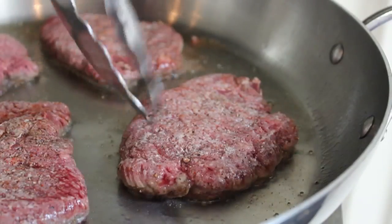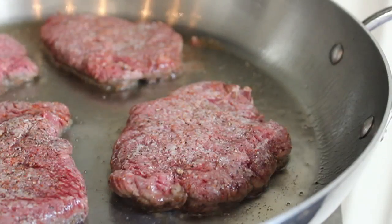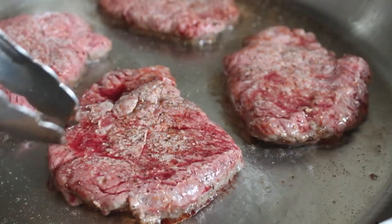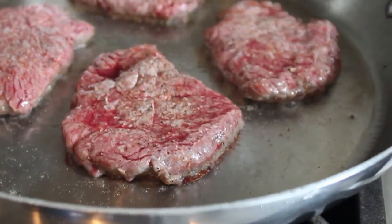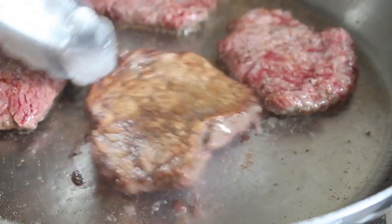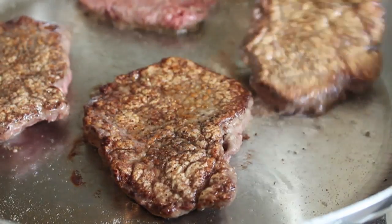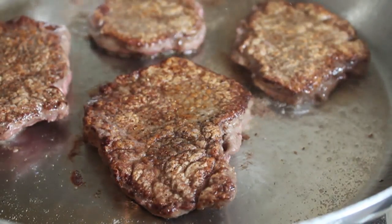And if the pan was hot, you should get a nice brown crust form on there. And forget about time. How you know these are ready to turn, you're going to see moisture start to accumulate on the surface, and that's generally a great sign to flip them over. So right there, we're going to give these a flip, and we'll brown the other side for 2 minutes, at which point we're going to remove those to a plate to rest for just a couple minutes,